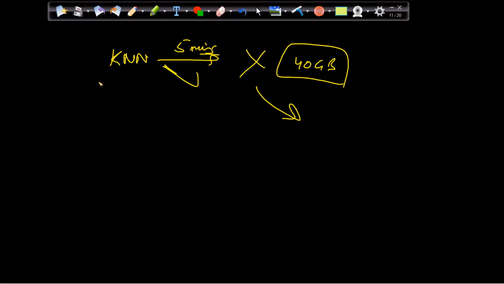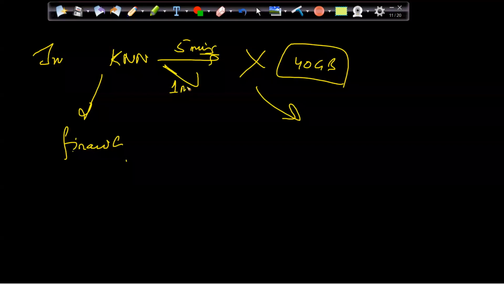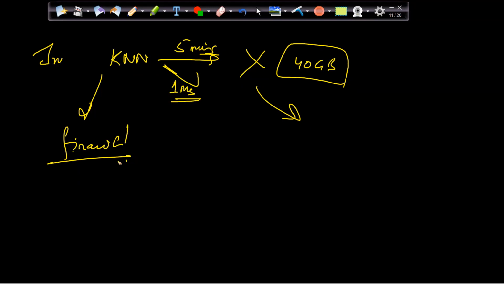And if I go from internet companies to financial companies, this requirement, let's say, was 1 second, or I can say 1 millisecond. Business wants the output in 1 millisecond. In finance companies or trading companies, this requirement will be 1 microsecond.